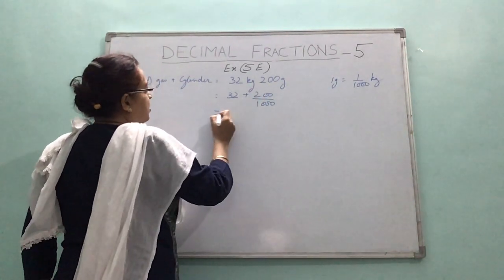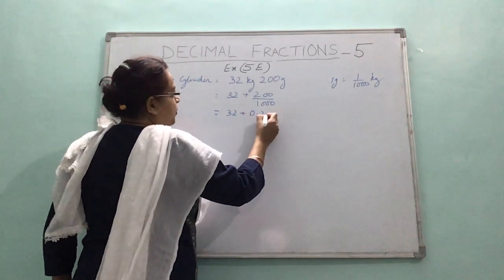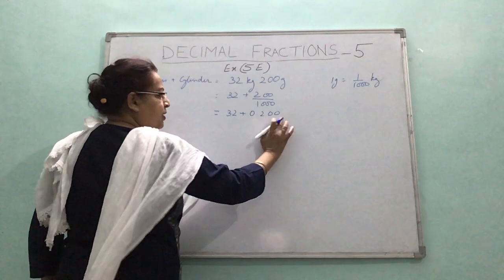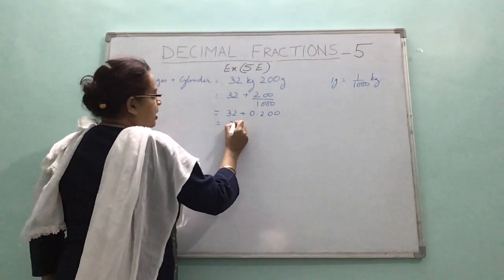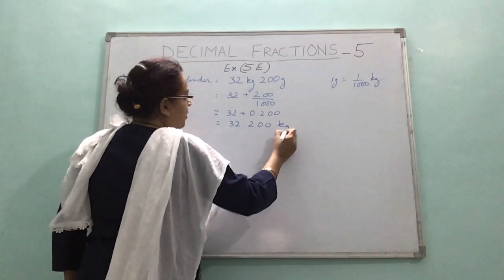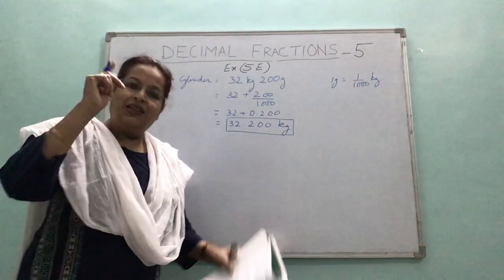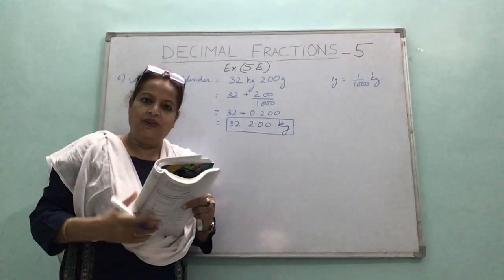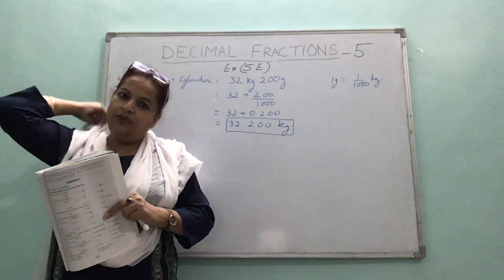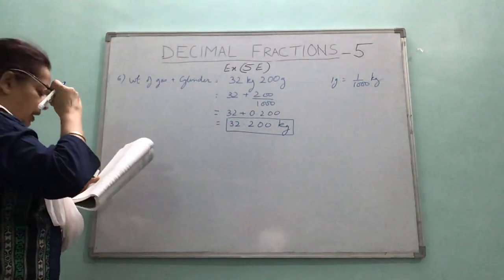Well, 3 places. So what it would be? 32 plus 0.2. If you wish, you can write 0. You should write 0. These zeros should be written. So it is 32.200 kilogram. Any difficulty? If any difficulty, see the previous part of my video in which I have told you unit conversion. Still that is not clear, don't proceed with these questions, right? Well, let's see further.